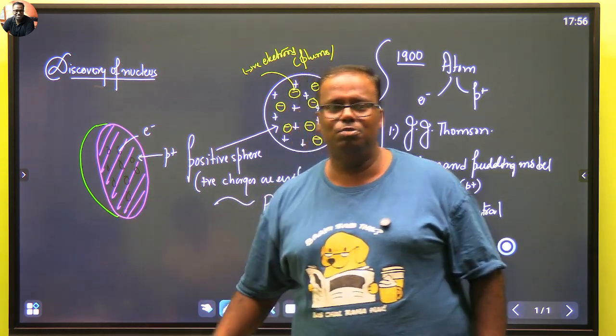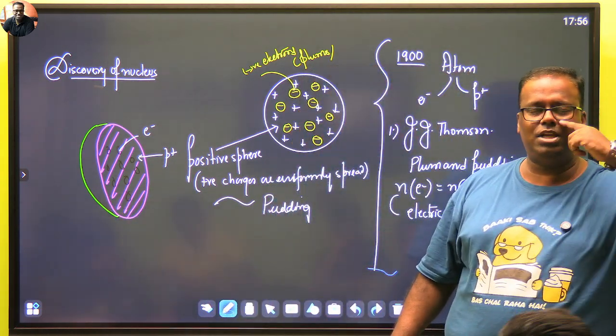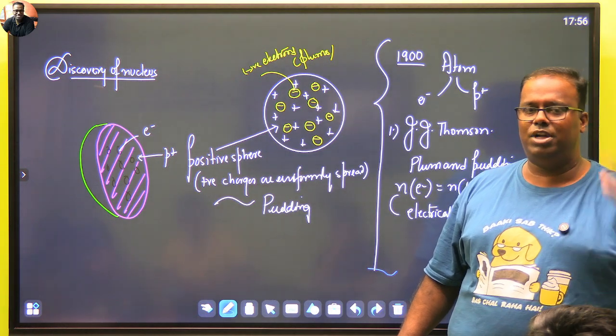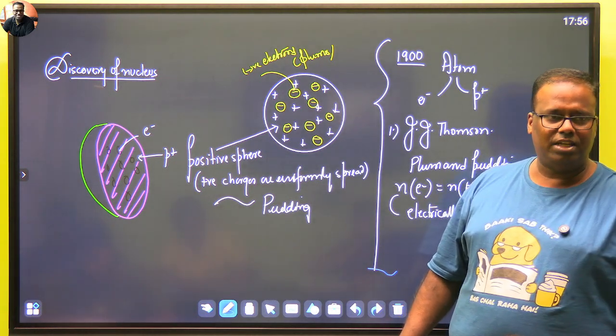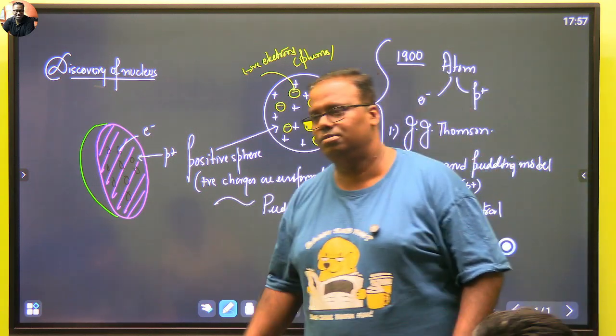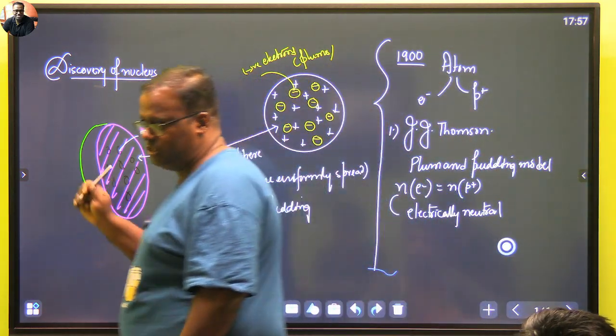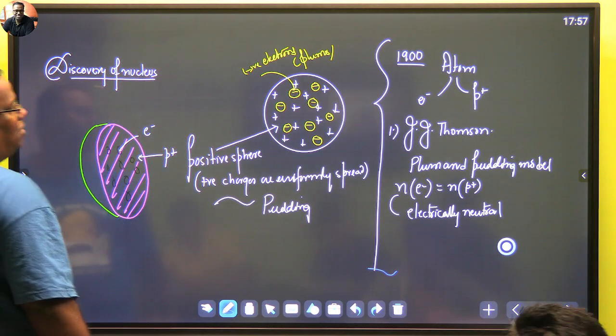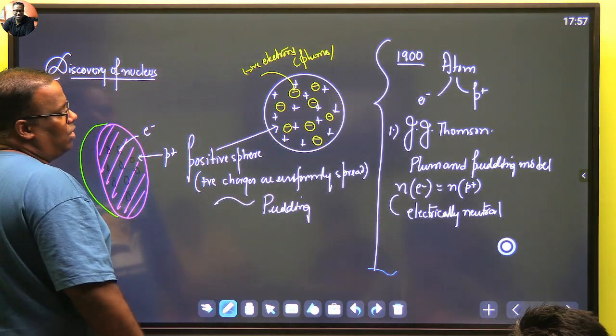It's also similar like the watermelon model. When you slice a watermelon, then you see entire inside like pink. So the pink portion is the positive spread, and on that the seeds are black in color, which are randomly distributed. Remember this model very nicely, हाँ? ये model हमें काम में आएगा अभी. So this was the model given by J.J. Thomson.